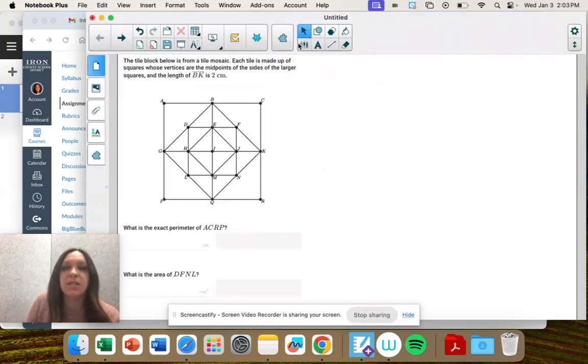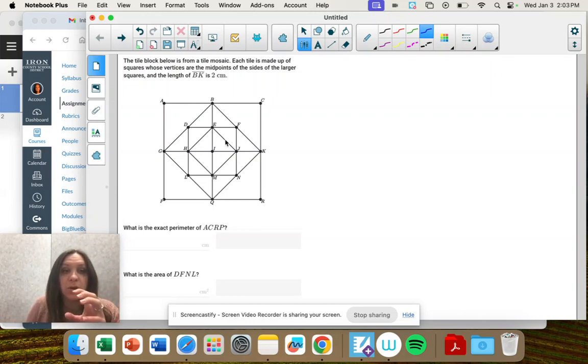Okay, so what happens is we have a big square, and then the smaller square goes inside, twisted, right, at the midpoints. And we take a smaller one and we twist it and put it in the midpoints. And it makes a mosaic. So we know right here that this length is 2. But I'm going to look at this triangle because we want to know the length of